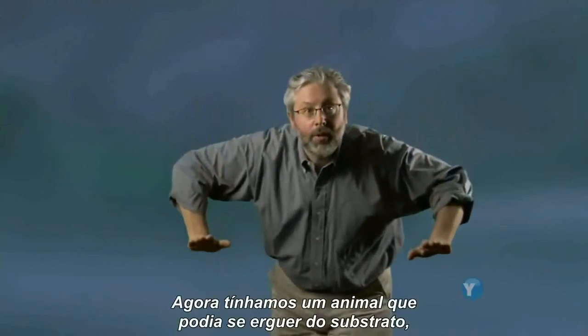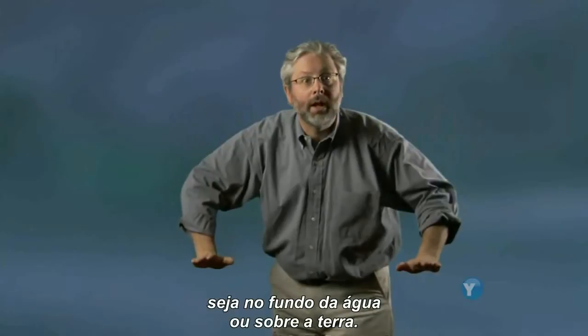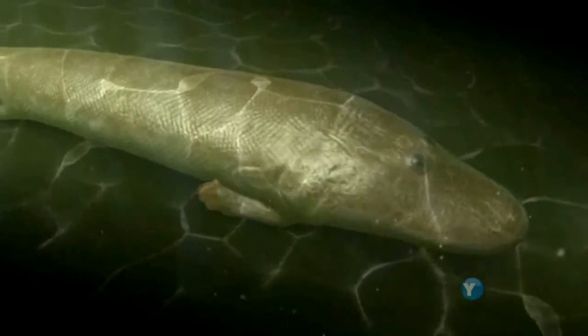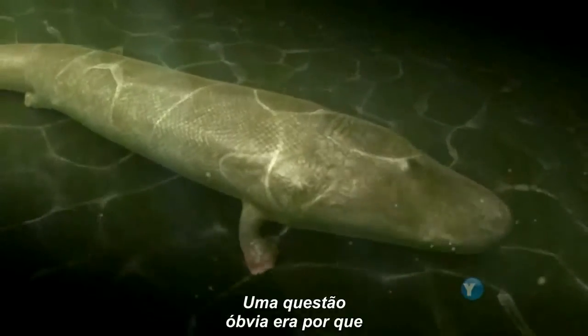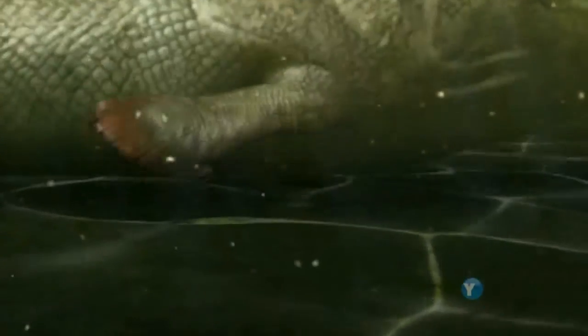You now have an animal that can push itself up off the substrate, either on the water bottom or on land. One obvious question was, why had Tiktaalik evolved this new structure? One possible answer is suggested